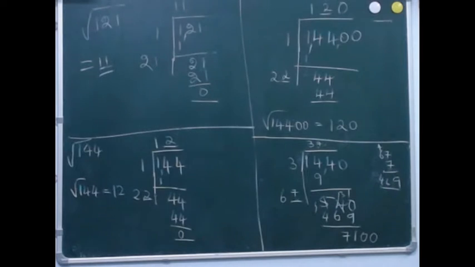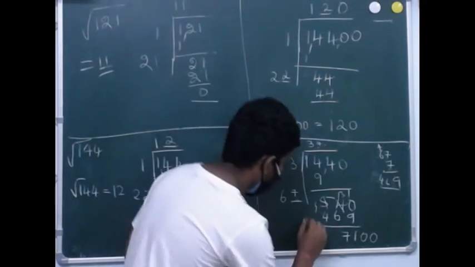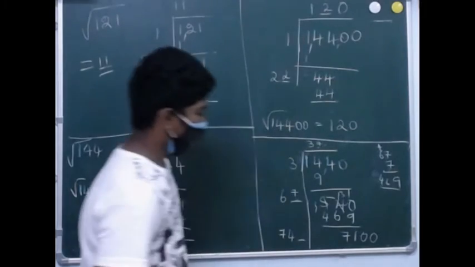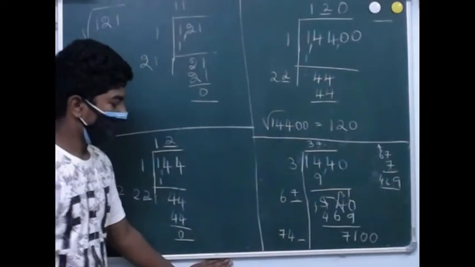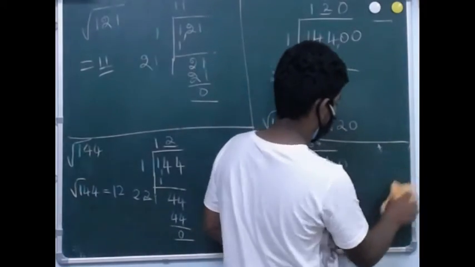Okay, so now what you are supposed to do? 2 into 37, you have to multiply. So whatever quotient you are able to get, that should always be multiplied by 2. So 2 into 37, how much? So 74. Write down 74. So with 74, try with 8 times or 9 times first. 749 into 9.